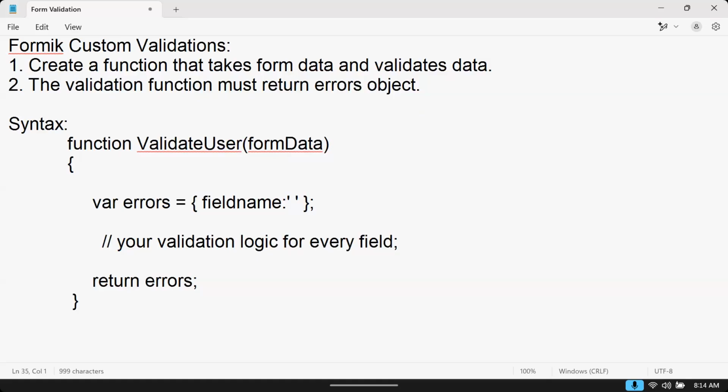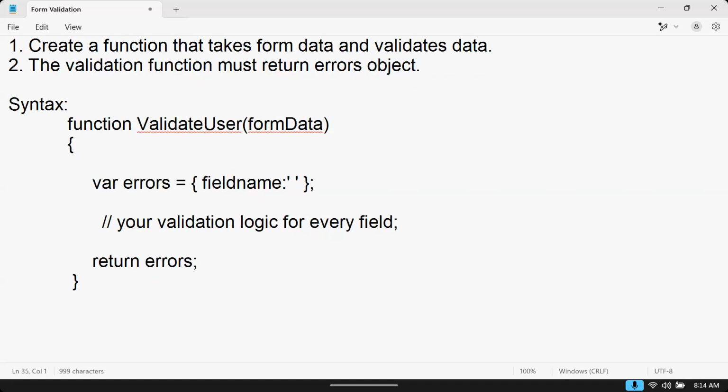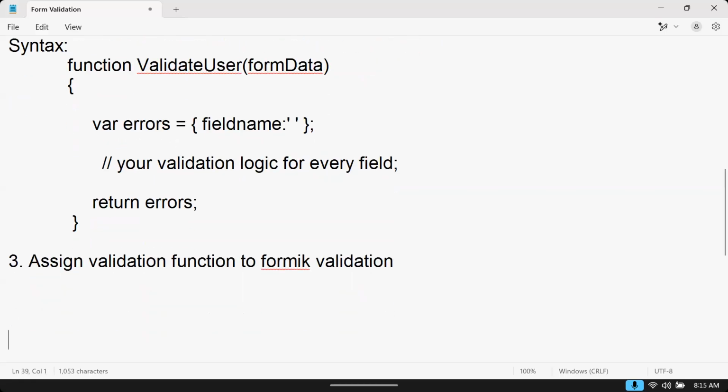Okay. Next, after writing this validation, assign the validation function to Formik validation. How to assign? We use the useFormik hook, right? const formik equals useFormik. In the useFormik,